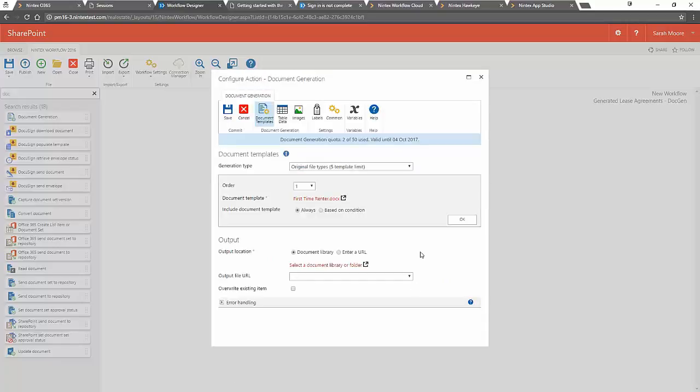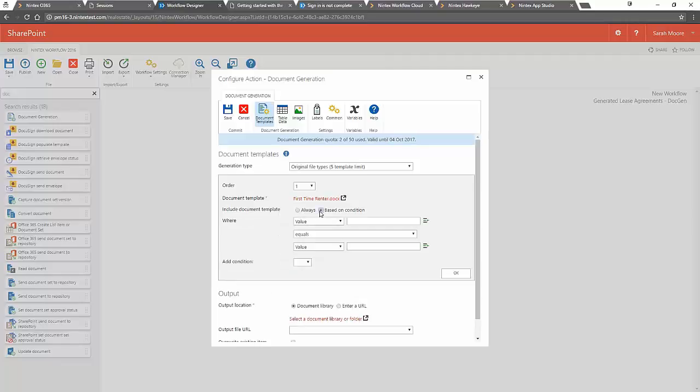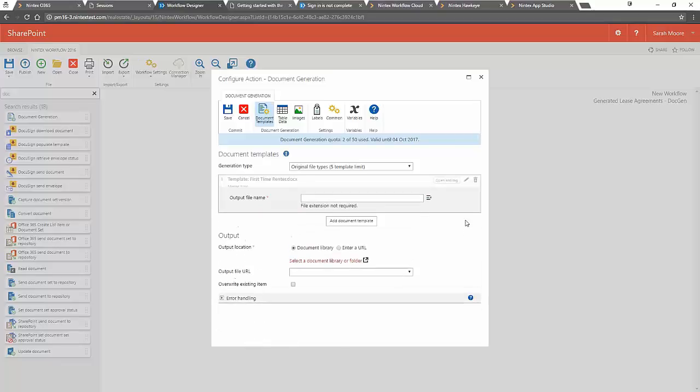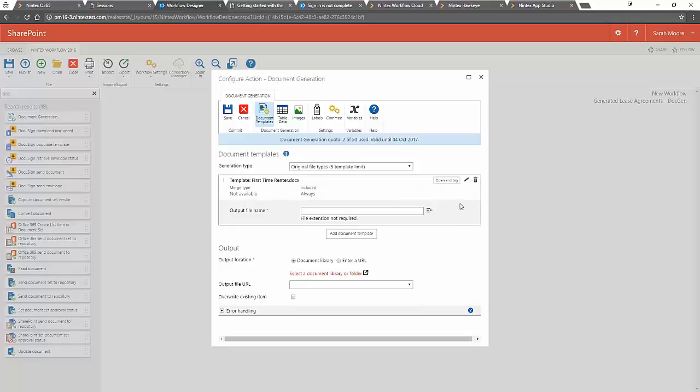Now that I've selected my document template, notice here I can include this document template either always or based on a condition. This is another rich functionality of Nintex Workflow that allows me for conditional evaluations inside of the action, beyond just the standard workflow logic itself. I'm satisfied with this template selection,